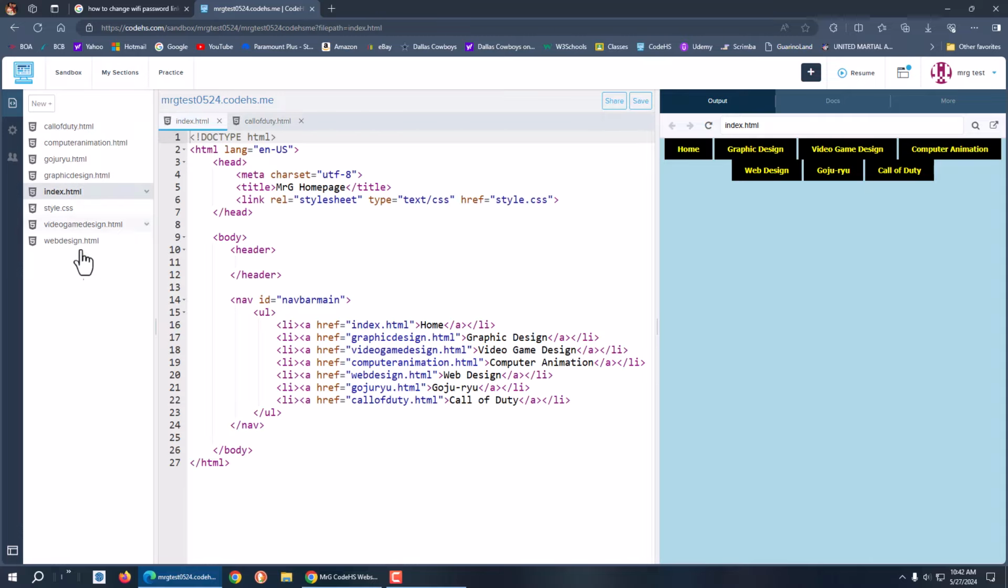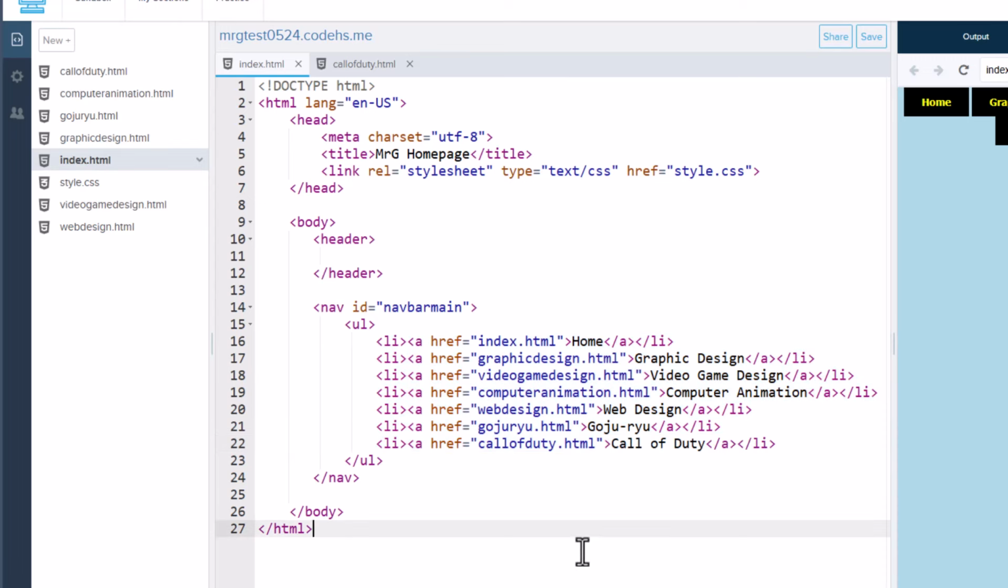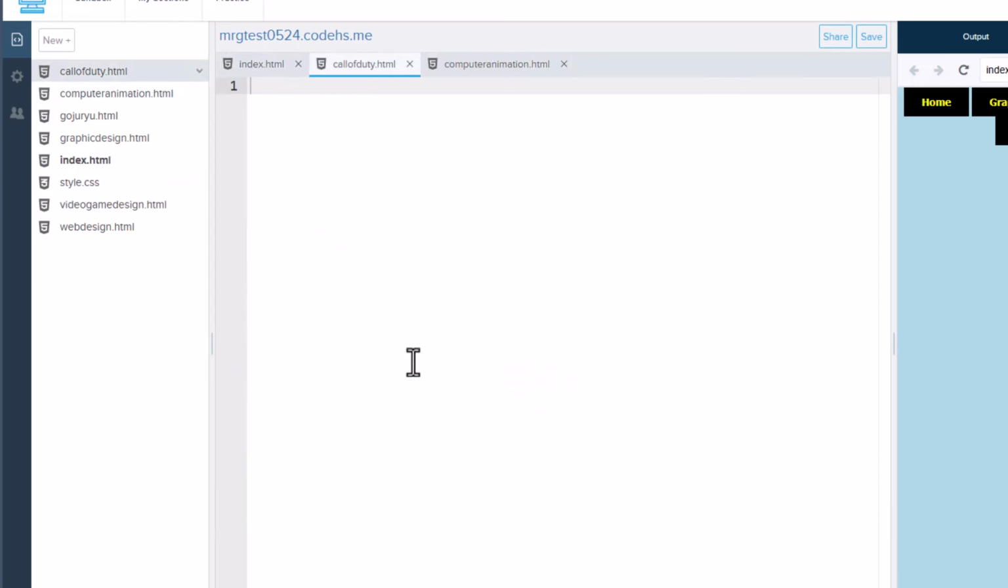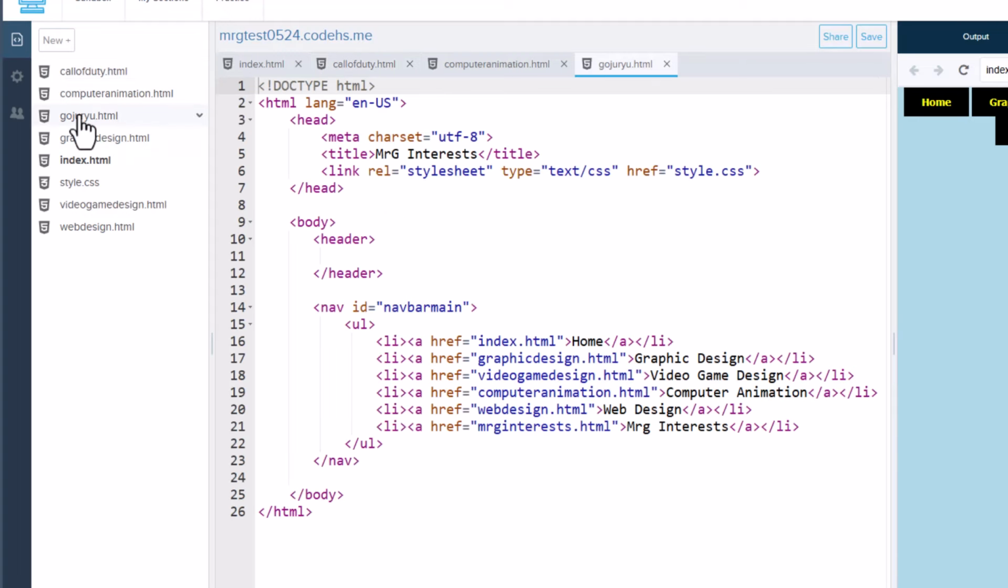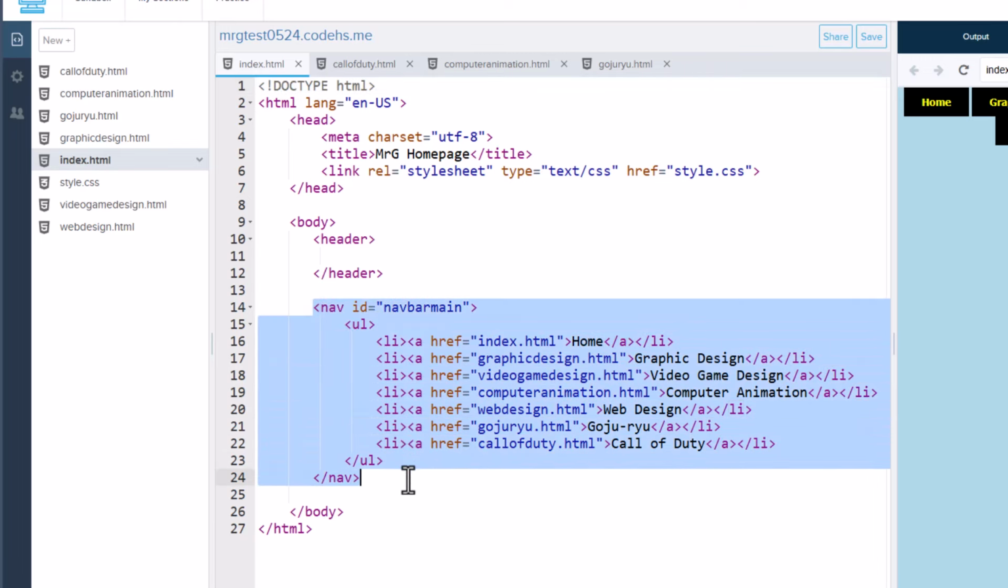Well, the problem is I changed it on my index page, so everything works from the index page, but I didn't change it on computer animation and the Call of Duty page. Well, there's nothing even there. And the Gojuru page I renamed the interest one, so it has it, but it has the wrong one. So what I have to do is go back to my index. I can just copy these two lines and paste them in, but I mean, it's a navigation bar and the whole thing has to be the same. So my preference is to copy the whole navigation bar